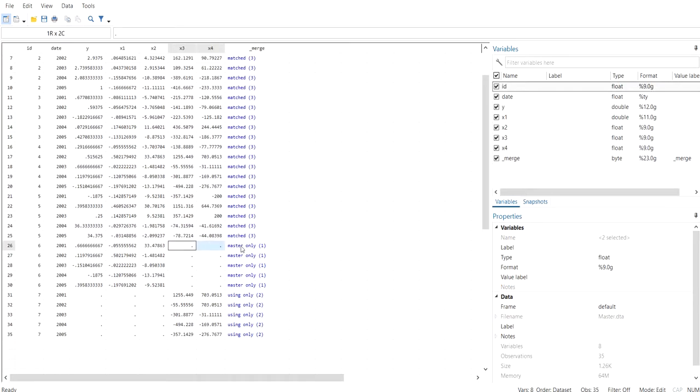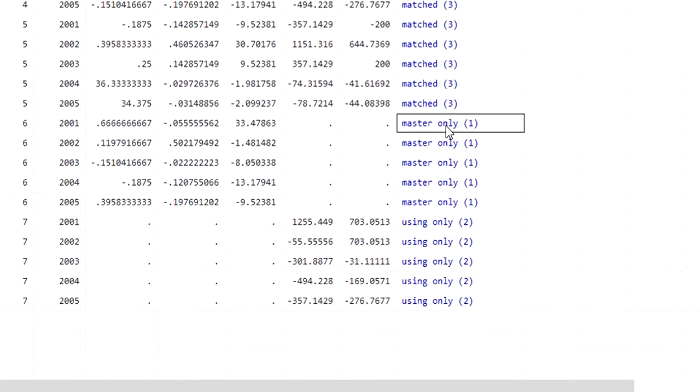What does it say? Master only means that this id and date, id number 6 and 2001, 2002, 3, 4, 5, only existed in the master file. So there was no corresponding value of this id and date in the using file. That's why there are missing values.